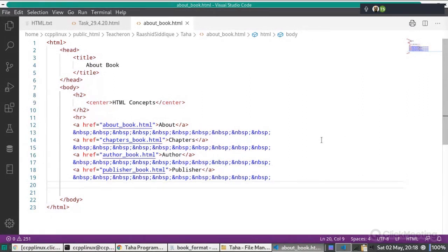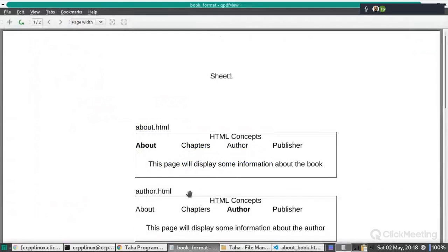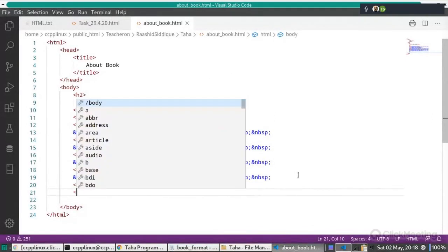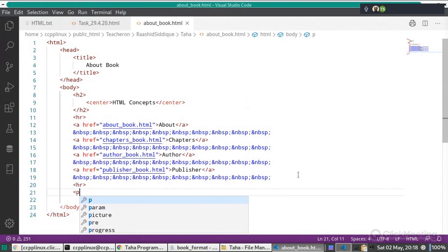So again we can put one more HR. And then here we can write some content. So only this content is there. This page will display some information about the book. So we can write it. So we can put a p tag also because this is a new paragraph.